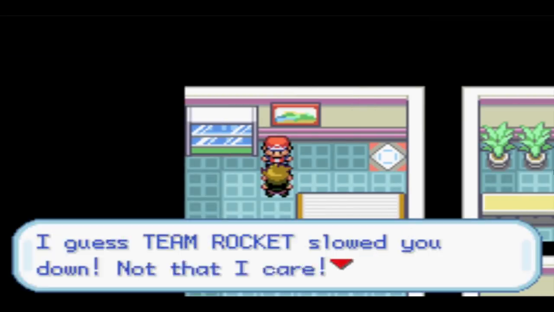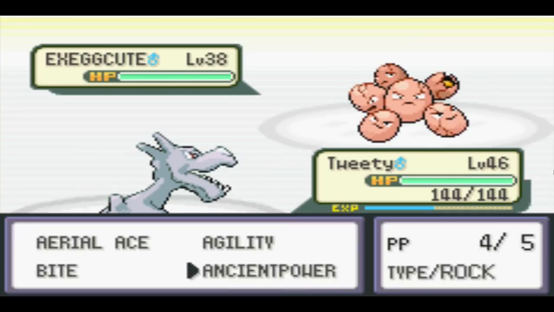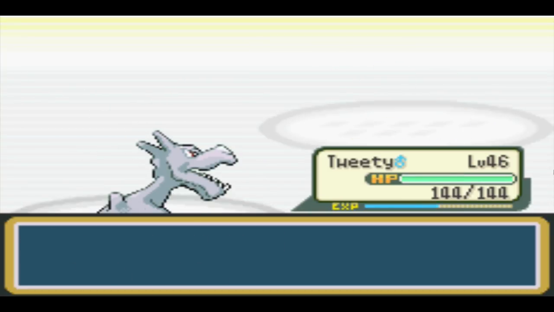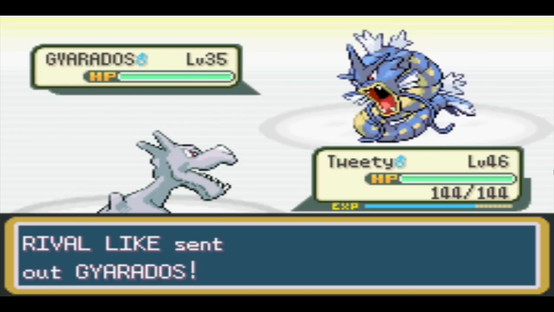Alright, we managed to find Like and challenge him to a battle. He starts off with Pidgeot this time, which we take out with one easy ancient power like always. Next up is Execute, who also gets one shot with an aerial ace. His Alakazam is up next but shares the same fate as Execute, and out comes Gyarados, who again lowers our